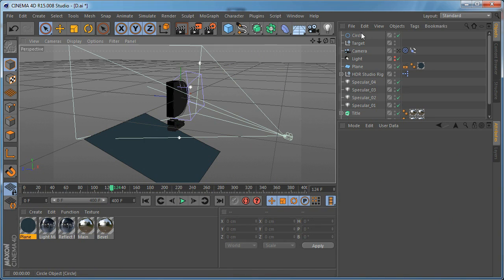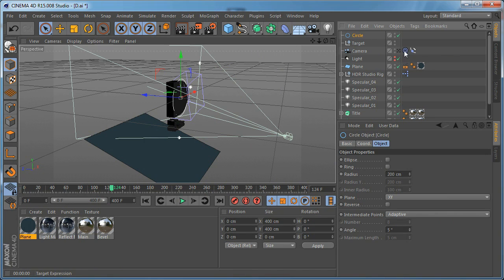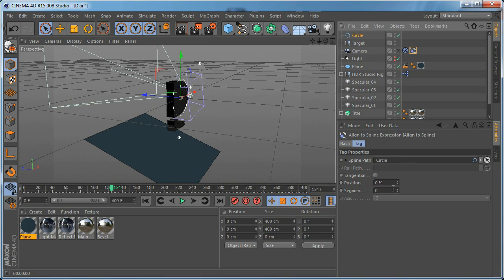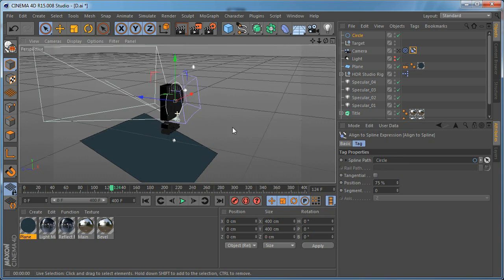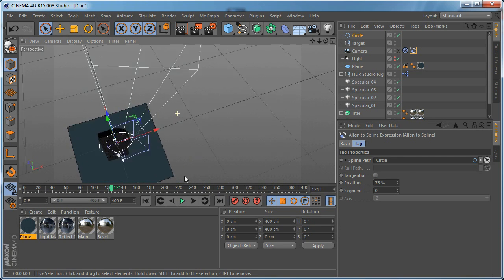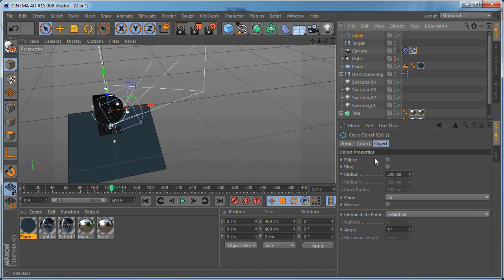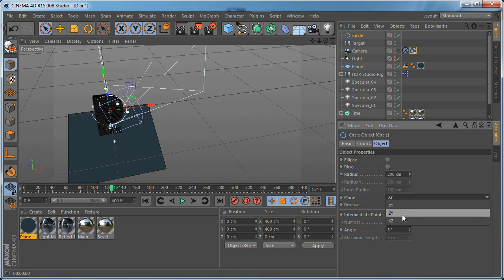And let's select the circle and just drop it into the align to spline tag and set the position to 75 so the camera looks forward. And we need to select the circle and go to the plane and set it to XZ